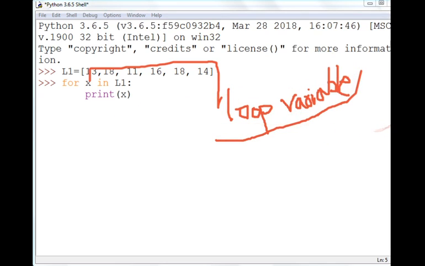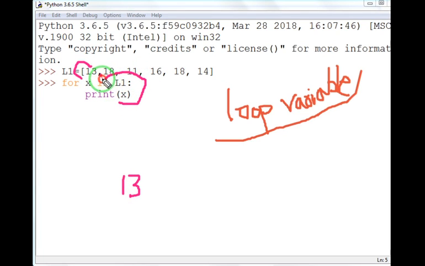So what will happen now? L1 has these values: 13, 18, 11, 16, 18, 14. All the values will be assigned to X one by one. First 13 will be assigned to X, and then it will print 13. Then the next loop will run.